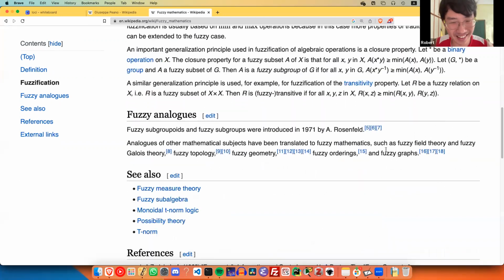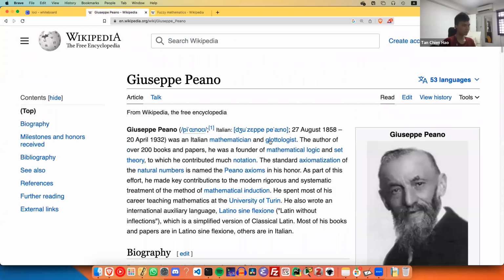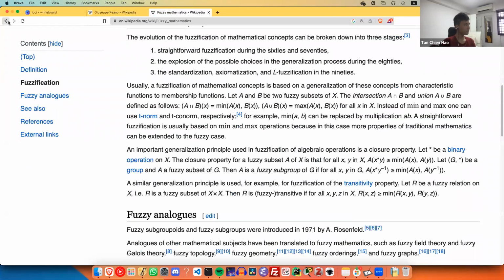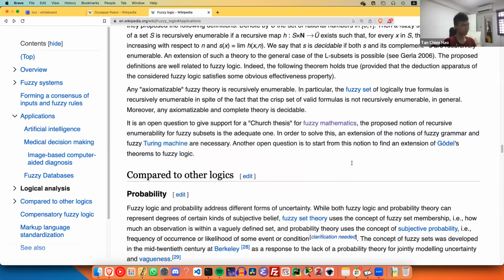Generalization of the principle of falsification of algebraic closure operation. I'm going to read the recursive part, because that's interesting. The recursion theory is interesting. Recursive enumerability of fuzzy subsets is an adequate one. But this feels very